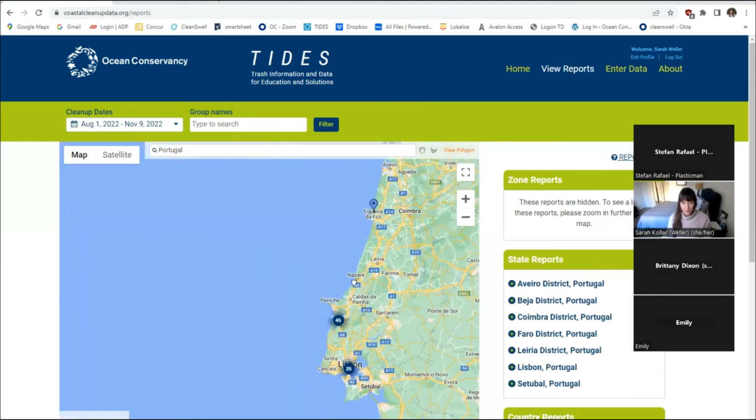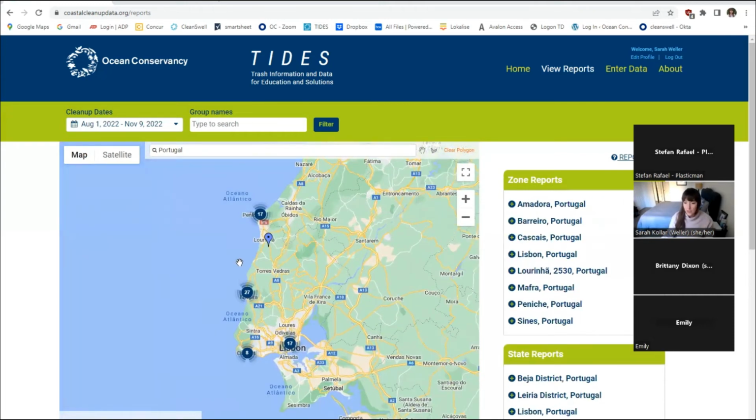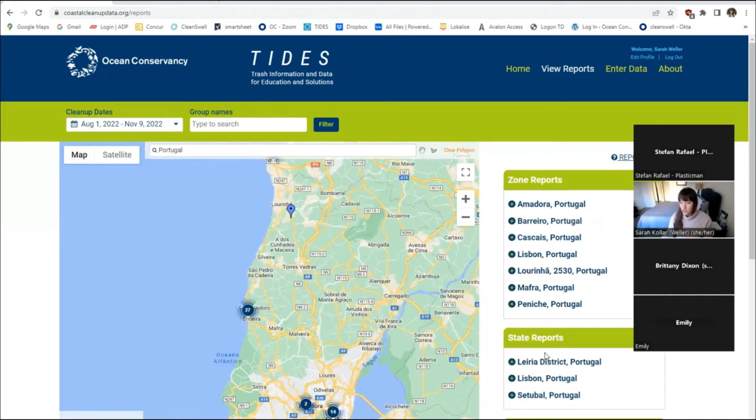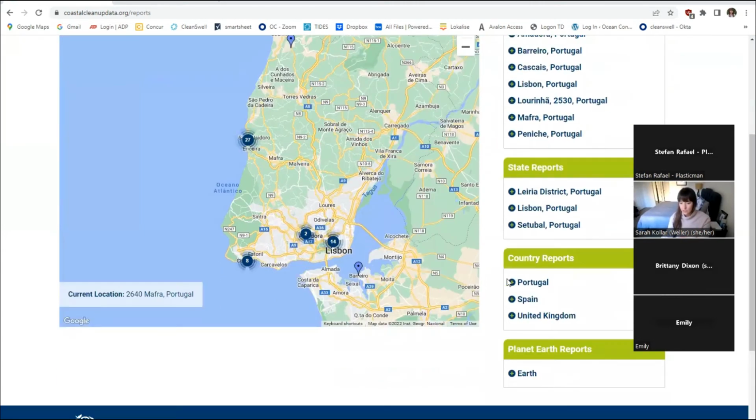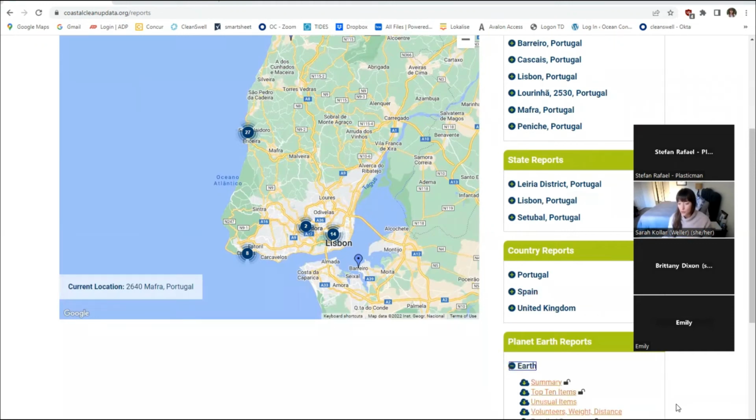So I'm going to pick on our partners from Portugal because I know they have a good amount of data in the system. So what you'll see is, the further you zoom in, information on the right side of the screen adjusts according to what you have on your map view. So if I scroll down here on the other side of the map, you always have global Earth entry options or report options. And if you click on any of these little plus signs, it opens up to a menu